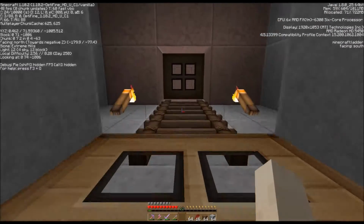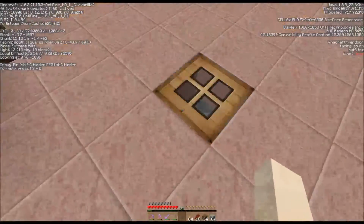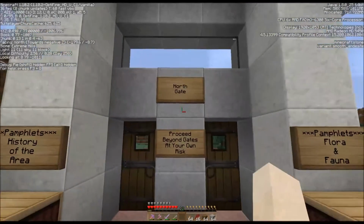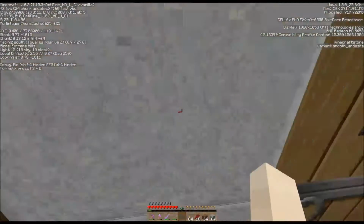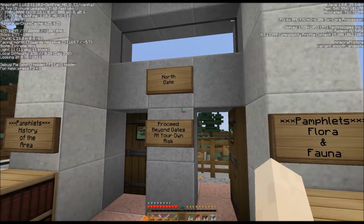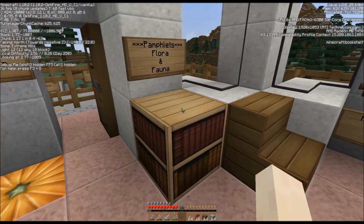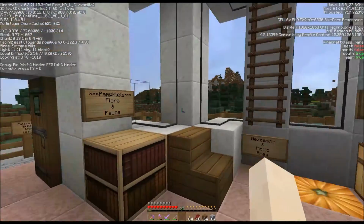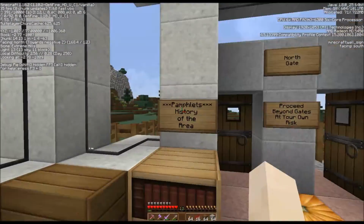Obviously, the doors are for extra security if there should be a siege of any of the wild things out here. Now, going straight out of here, you keep going to the north, and you'll see. Oh, let's read the sign here. It says, North Gate, proceed beyond gates at your own risk. Okay? Over here we have some pamphlets. Of course, this is just a regular bookcase, but pamphlets, flora and fauna, tells a little bit about the countryside. Over here we have the history of the area,